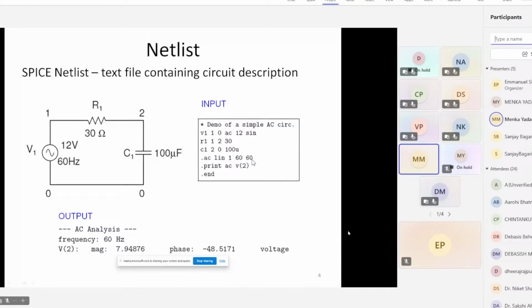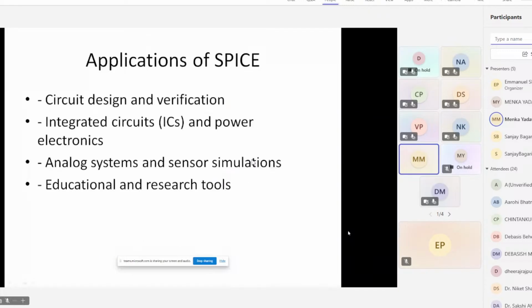We have to do the AC analysis, AC linear, and then we put 60. So this is the frequency we are going to use, and then print AC V2. V2 means at the second node we want to check the output voltage. So you can see analysis at frequency 60 hertz, V2, magnitude and phase, all these things are given. So I request Sanjay ji, please take a demo from this actual